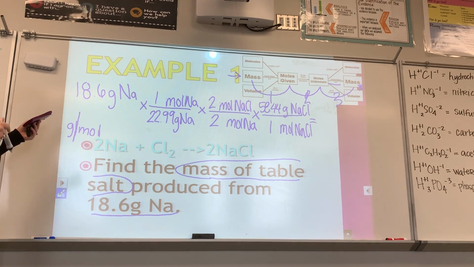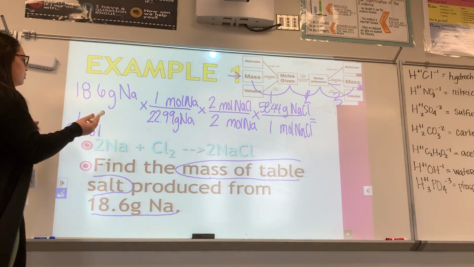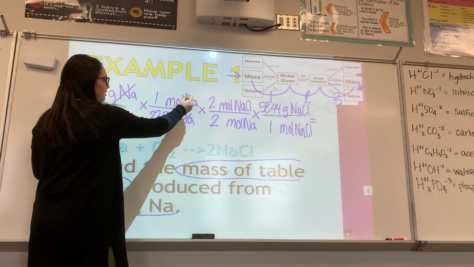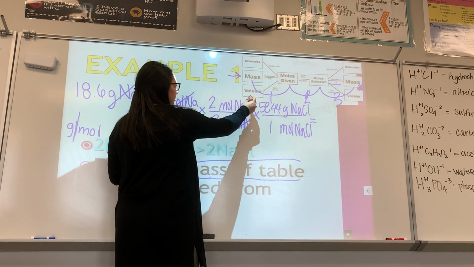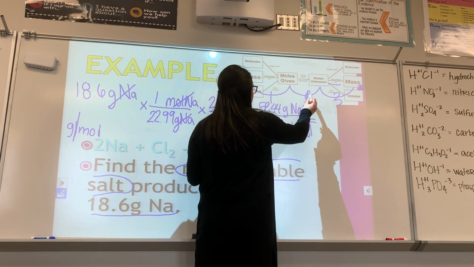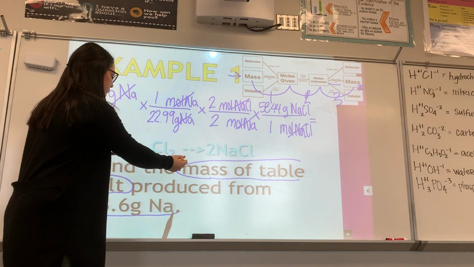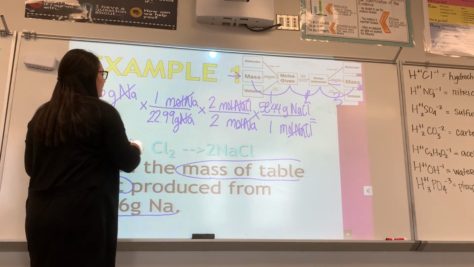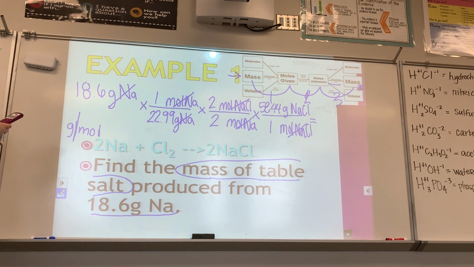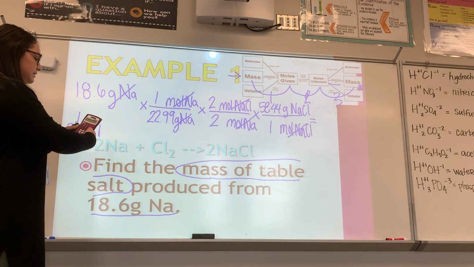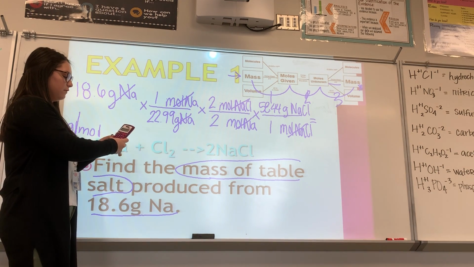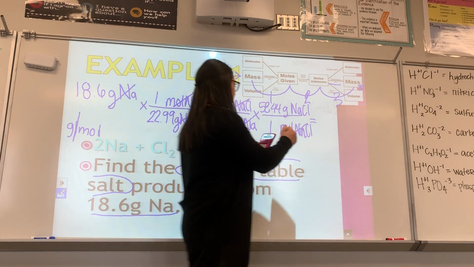So then to solve it, I need to make sure that my units cancel. I have grams of sodium, which cancels here. Moles of sodium, moles of sodium, moles of sodium chloride, moles of sodium chloride. I'm left with my grams of sodium chloride, which is what I need to find at the very end. So now I multiply across the top and divide across the bottom. So I have 18.6 divided by 22.99 times 2 divided by 2 times 58.44, all in your calculator, which would equal